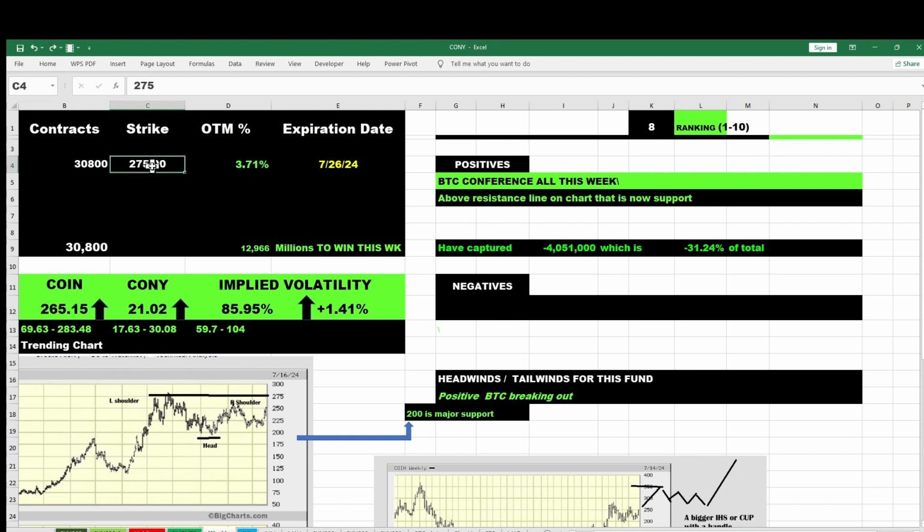Well, that's $10 away from where we start losing money, right? Right up to 275, we keep this enormous amount of cash that we collected. So that then starts the capping. So if we keep on running, we run right by COIN, right? But just going up that $10, we make more money. And when I show it, you'll see what I mean.